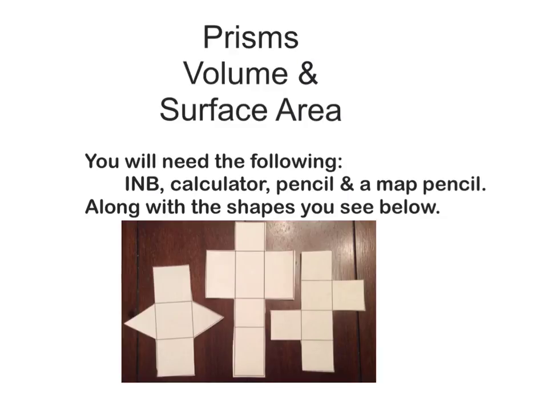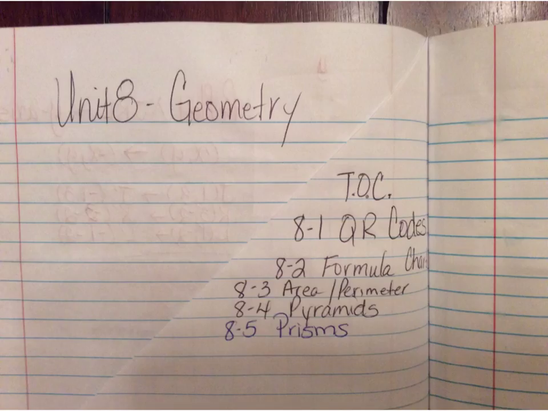Hi guys. So you will need your interactive notebook, a calculator, pencil, a matte pencil, and the shapes that you see below. So make sure you have this before you begin. So the first thing I want you to do is to open to your table of contents and add